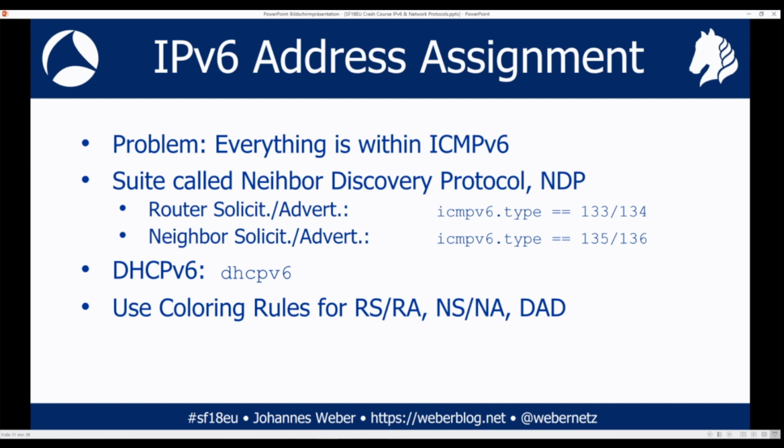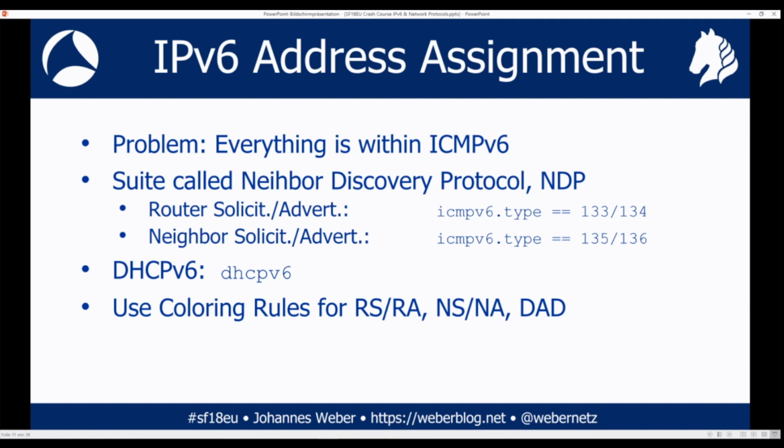So ICMPv4 for IPv4 networks was basically ping. You had echo request, echo response, and you're done. You could filter ICMP on your firewall, which points to the ISP, to the internet. You could block it completely, and everything worked. You could even block ICMPv4 on your local link, and everything worked. Here it's completely different. You need ICMPv6, and it's by far more than ping, because all these basic messages are